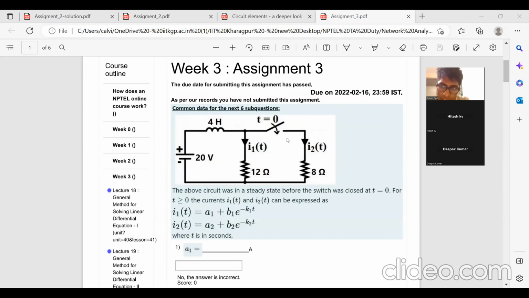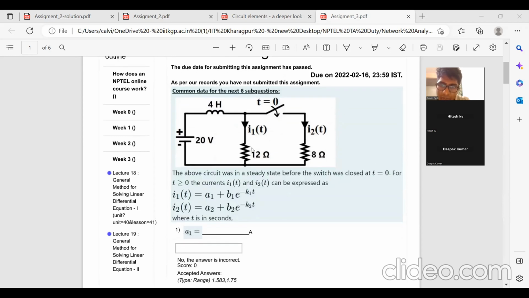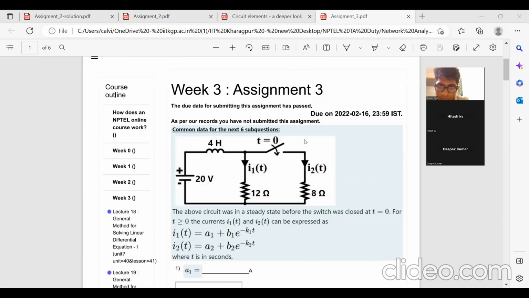Once you close the circuit, what will happen? These two resistors will come in parallel. Yes, sir. So you will find the effective resistance. I understand that at steady state, the 4 Henry inductor will act like a short circuit. Yes. So it will be normal current dividing in the two branches, the 12 ohm branch and the 8 ohm branch. So I can find out the current I1 and I2,